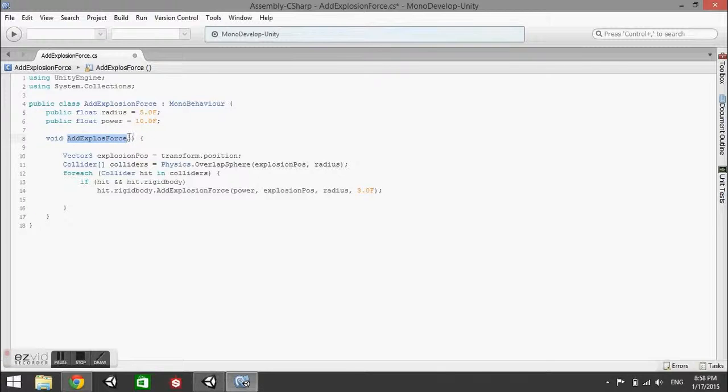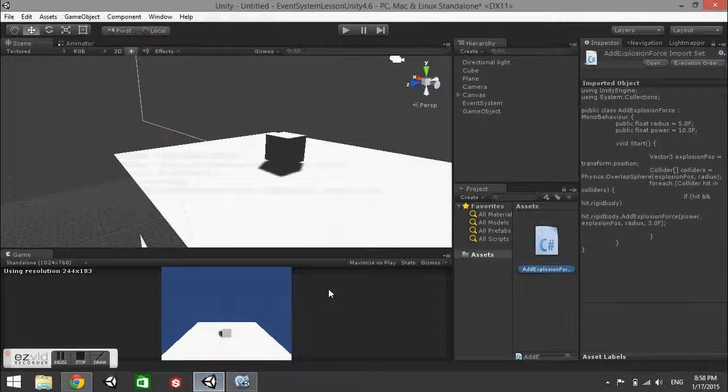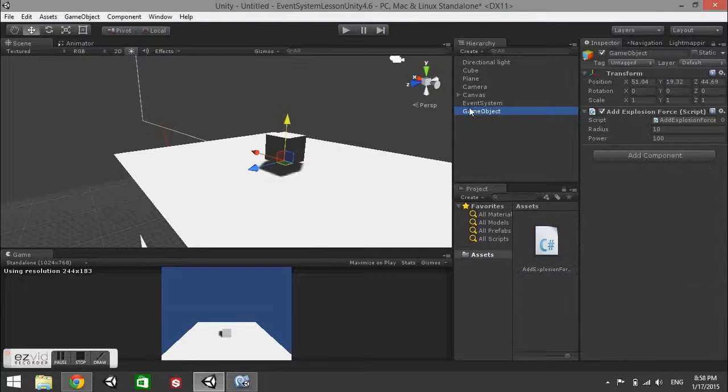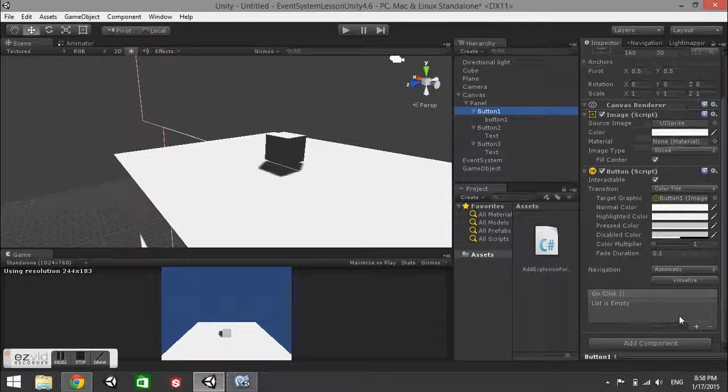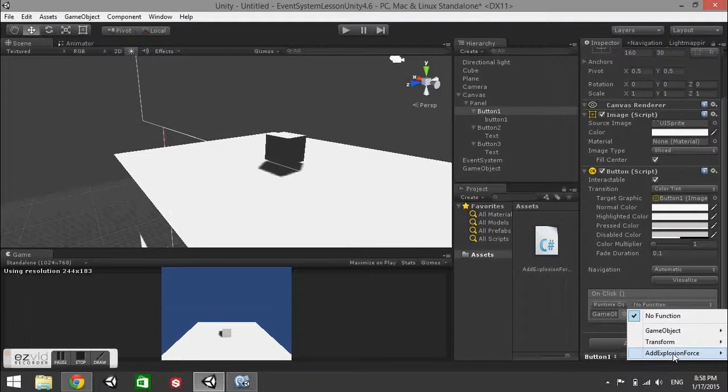Go ahead and copy the name just because it'll make it easier on us. Okay, and then let's go into our game object here and we're going to select one of these buttons. So when we hit this button, we're going to on click. This is button 1. We're going to grab our game object and drag it into here, grab function, add explosion